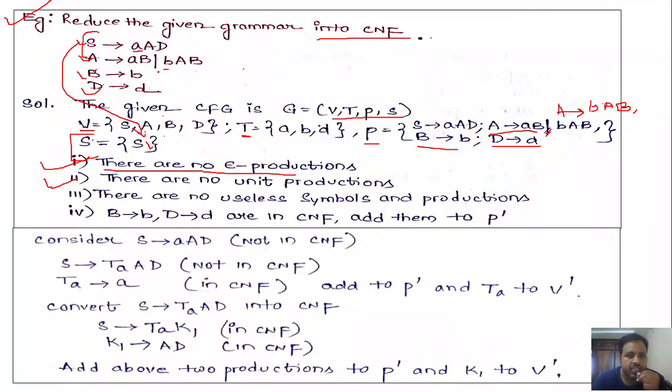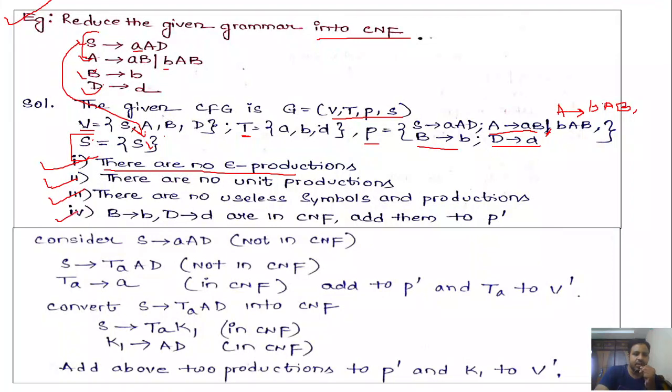Okay. Useless symbols and productions. Do we find any useless symbols and productions? I already told you that if you practice that technique, you can directly figure it out. By looking at these grammar rules, you can figure out whether a variable is reachable from S or not. S denotes small a, capital D. So capital A is reachable from S. Again A is having variable B. So from A, B is reachable and D is already reachable from S. So all the variables A, B and D are reachable from S. So there are no useless symbols and production rules too. So the third point mentioned that there are no useless symbols and productions, right?